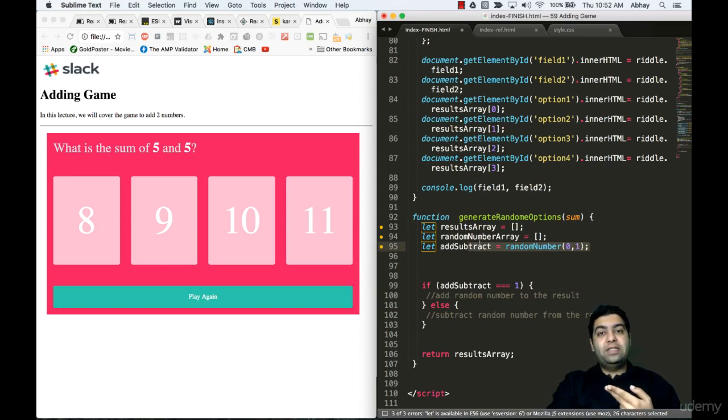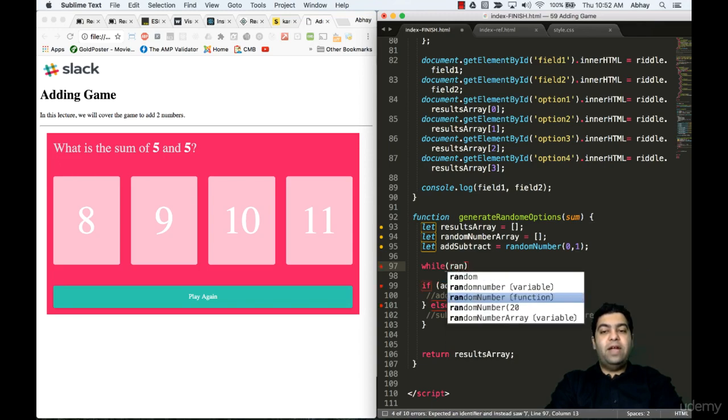So it can also repeat itself, which means it can have 2 plus and 2 minus 2, because of course you're generating 3 options. Similarly, when you do a random number, you will also have problems if you do not make sure those are unique numbers, because then you will see 2 options as 11, and that kills the purpose, because definitely 2 options can be ruled out immediately, right? So what we can do is we can have a logic which checks for random numbers length. So whenever you have a random number, you can just do, let's say, a while loop, and whenever you have a random number